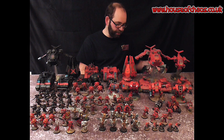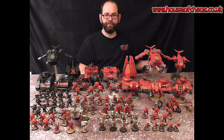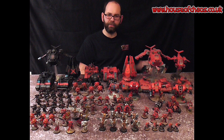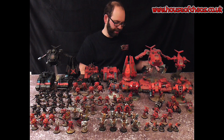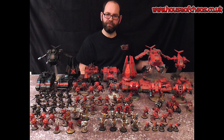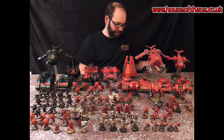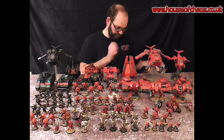So one is called On the Bridge of the Vengeful Spirit. If you know anything about your Blood Angels fluff, Sanguinius, our Lord and Saviour, our Primarch, was killed on the Bridge of the Vengeful Spirit by Horus. So when you have this Death Vision, you think you're on the Bridge of the Vengeful Spirit. A model can only use this Death Vision if an enemy infantry character or monster character is visible. If the model uses the Death Vision, it can fight, and if it uses this Death Vision, until that fight is resolved: